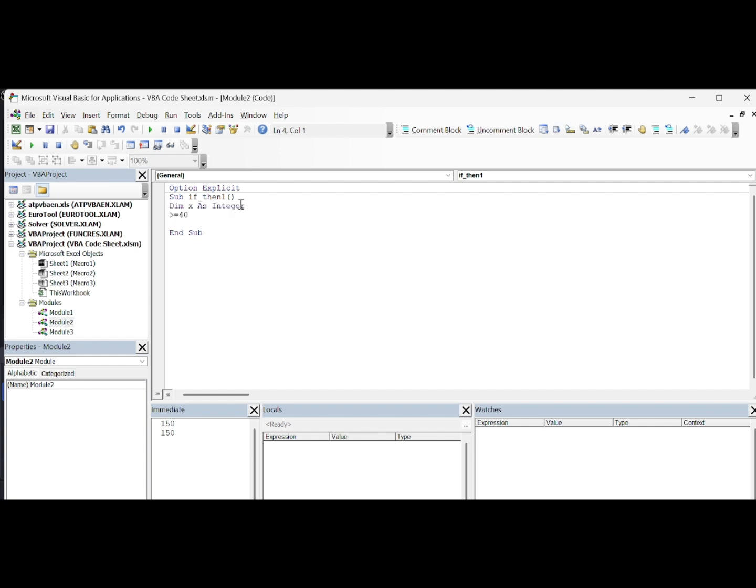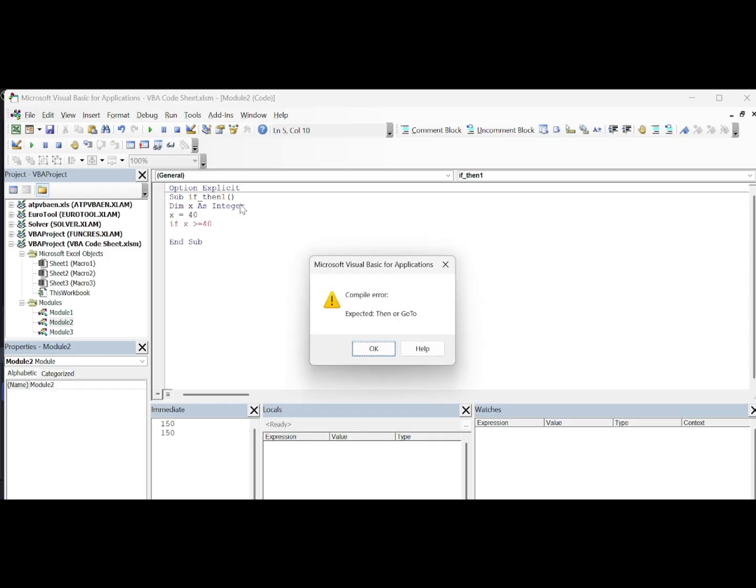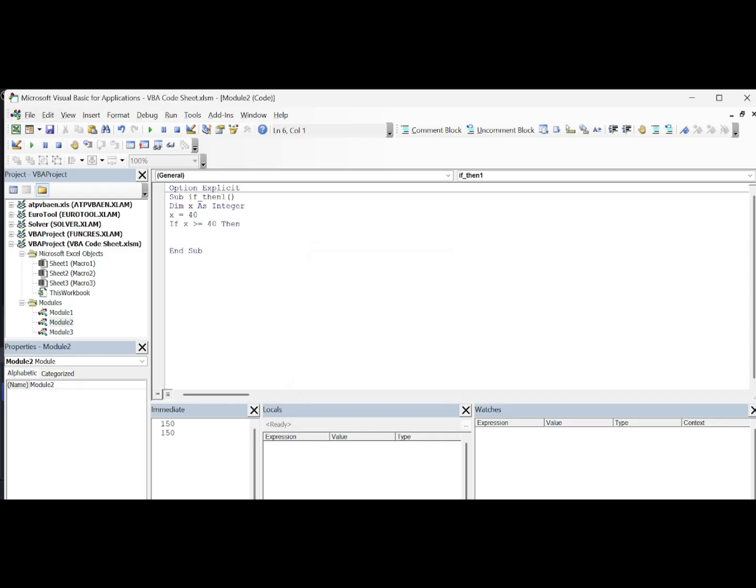Now x has the value 40. Now I am writing a condition: If x greater than or equal to 40, then